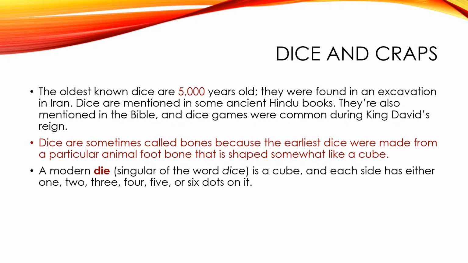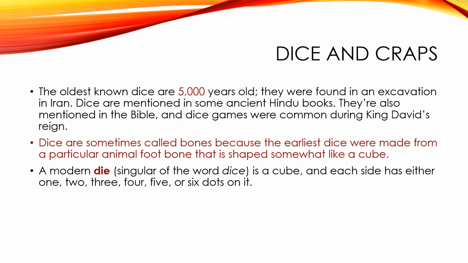So pretty interesting facts about dice. Dice are sometimes called bones because the earliest dice were made from a particular animal bone. It's like the joint of an animal bone that looked somewhat like a cube. And you can Google, they actually have some really old dice that are made out of bones. If you search dice made from bones, you can find some interesting